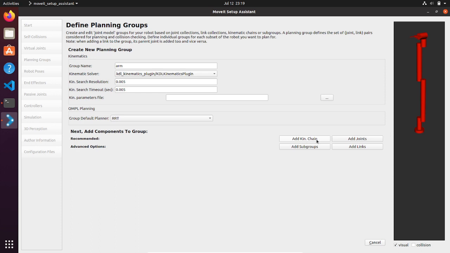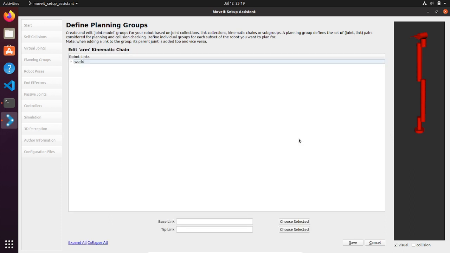So since the arm is from the base link to the TCP connector, okay, this is a kinematic chain. So instead of adding all the joints, we can add a kinematic chain. And then let's